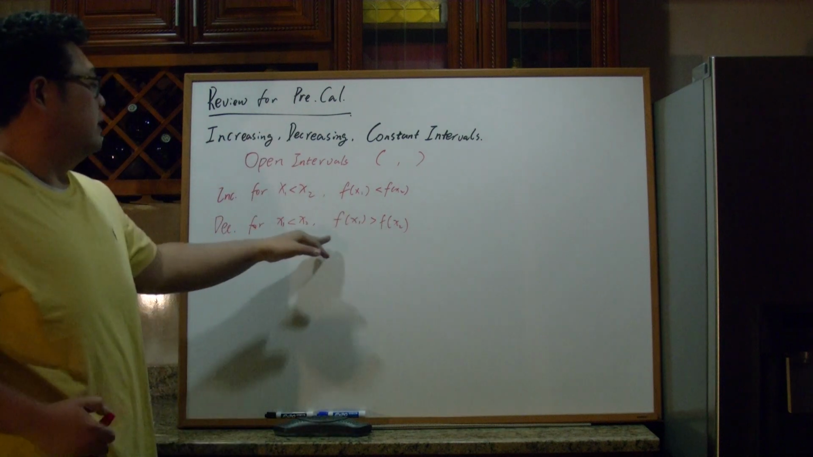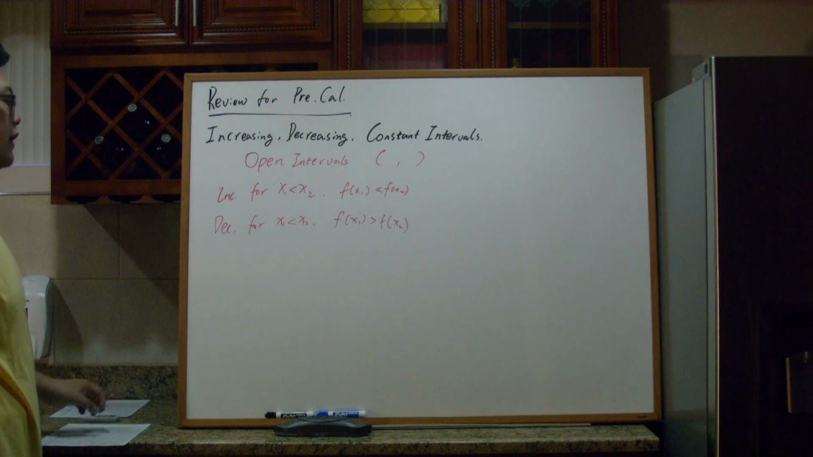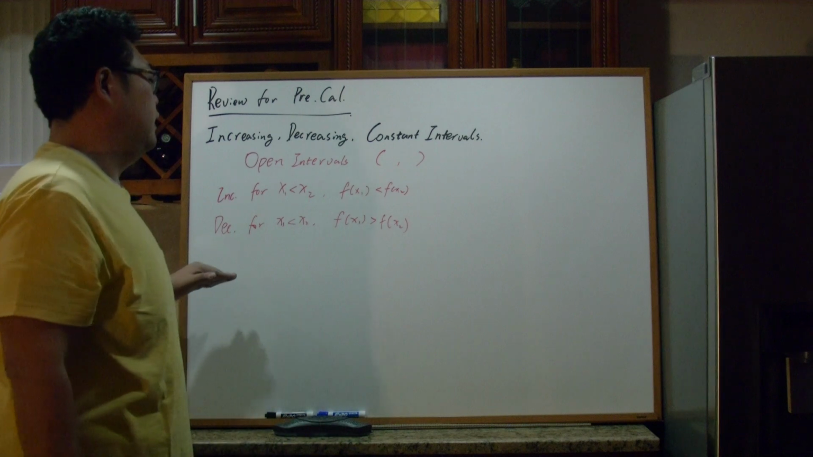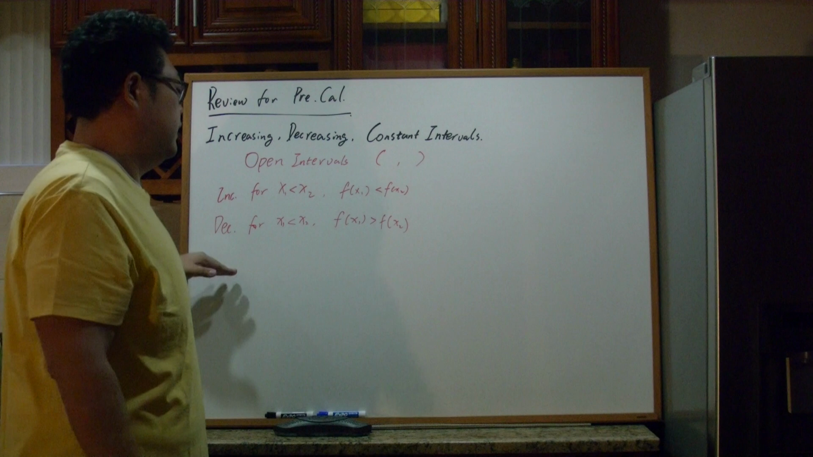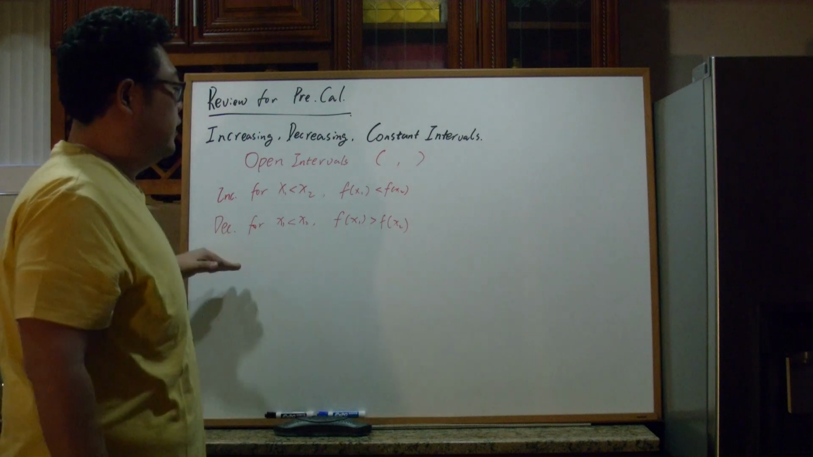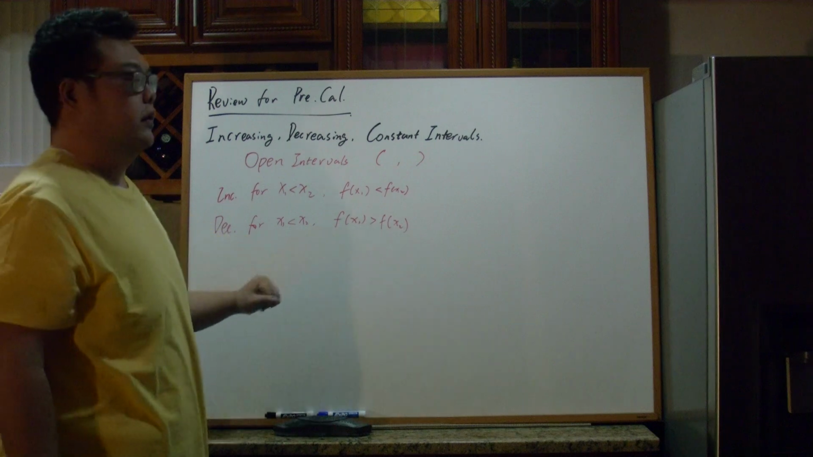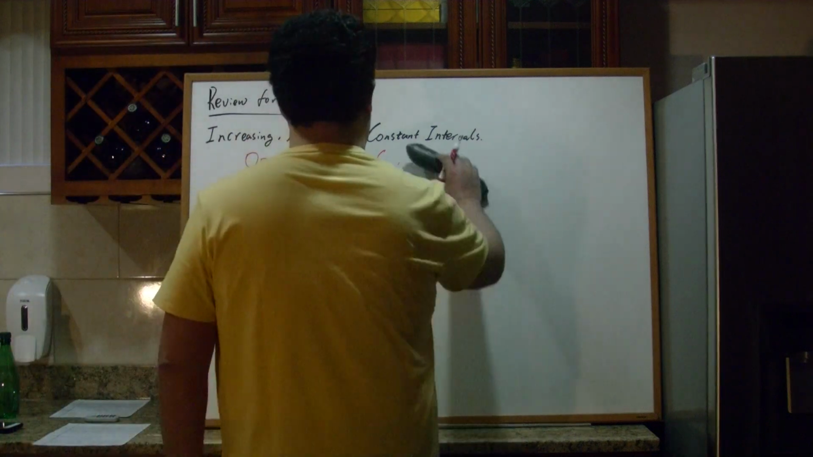We'll see the formal definition of the function later. And constant means that no matter how x1 and x2 change, the y values f of x1 and f of x2 stay constant, which will be a horizontal line. For instance,